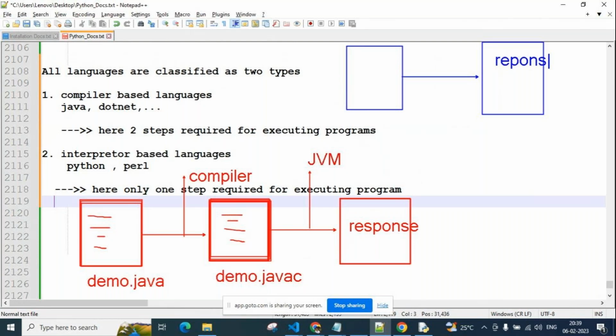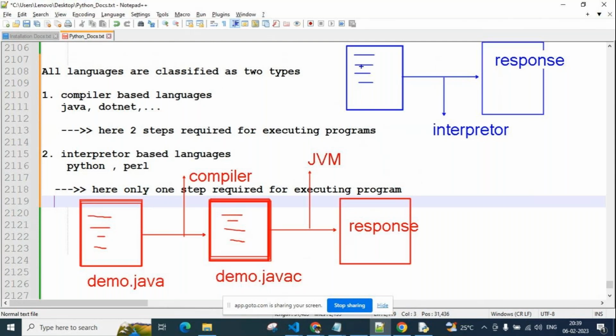Okay? So the response we are getting directly, guys. This is the high level Python code that we, as programmers, are writing. Now the interpreter executes it. The interpreter directly validates this high level code to check whether it is syntactically correct or not.